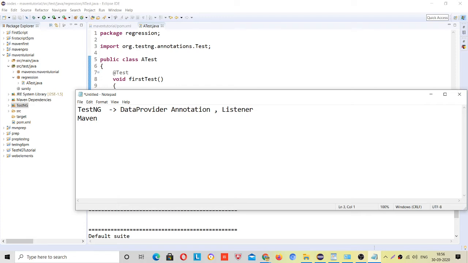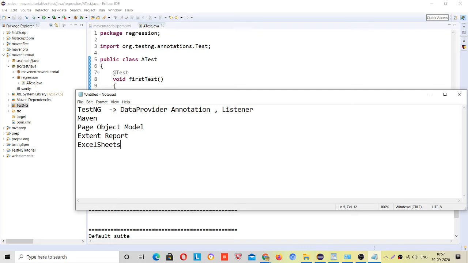Then we will see the page object model. This is the third building block of your framework. Then Extent Reports, reporting better than the TestNG index.xml, and Excel sheets that you have to understand, right.